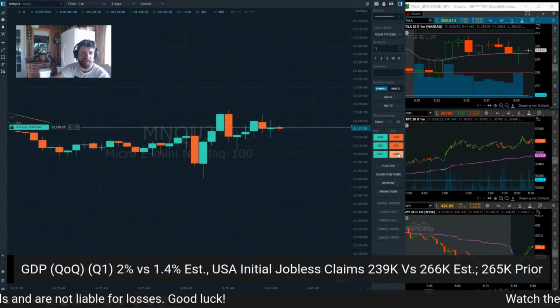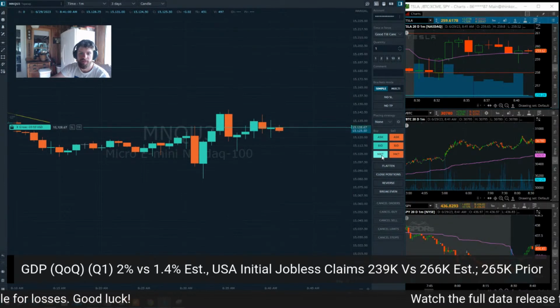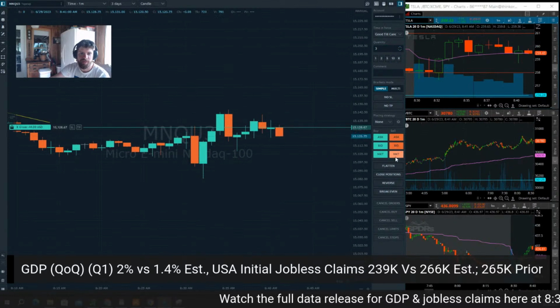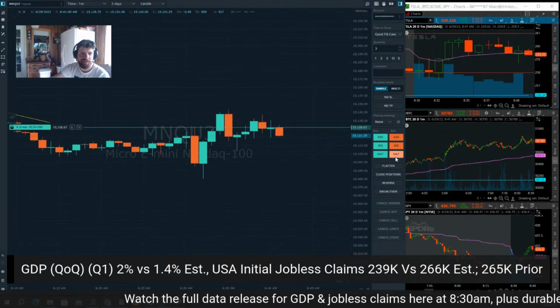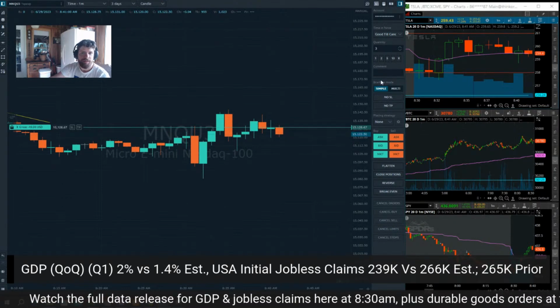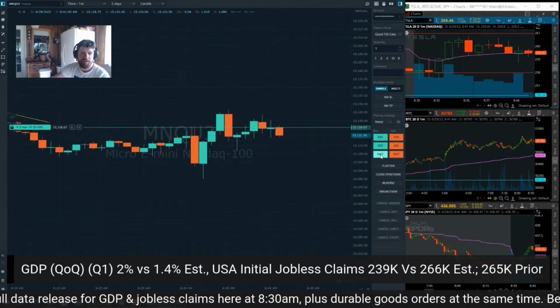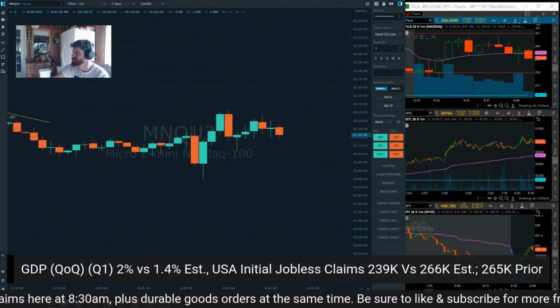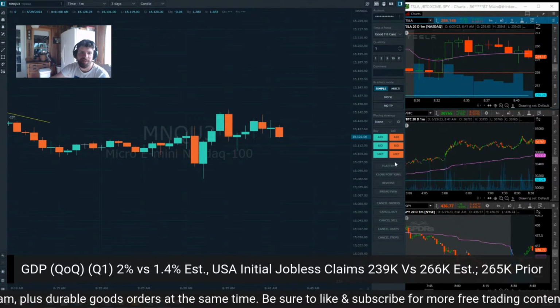Kind of flat right now. I don't want to get stuck in a big correction, which is kind of what we need. We've been pushing up a lot on the regular. Getting cut in that too. So we're still green on the day, but this is taking